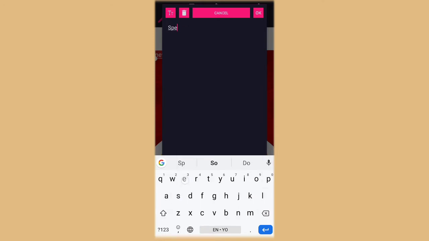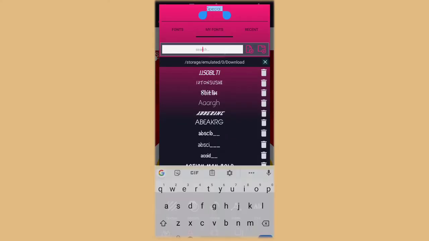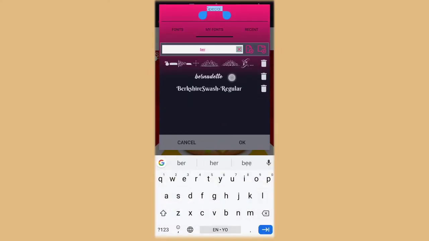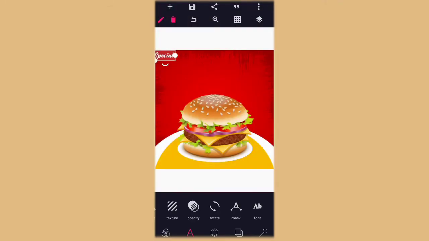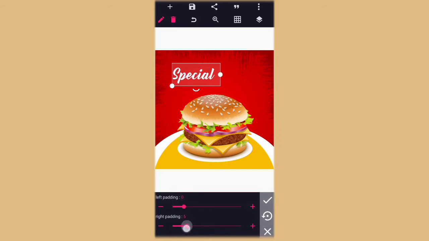So after that, do your write up, special, then go to your font, then select your font. We call it Bernerdette font. You can actually get this font on thefont.com, or go to Google, just search Bernerdette font free download. It will actually bring it and you download it easily. So special,